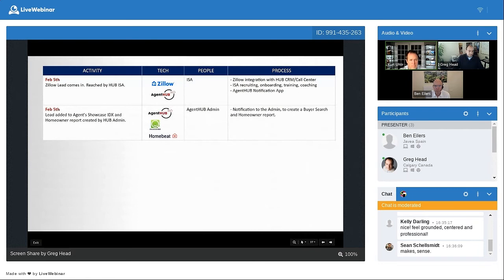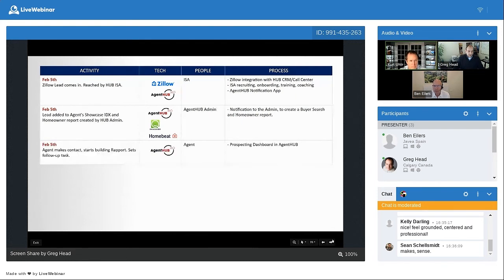Next thing, right after that call, the lead gets added to the Showcase site and a market or a buyer search created for them. And because they're interested in selling, a homeowner report was created. So who did that? It wasn't the ISA, because they got to get on to the next call. It was the hub admin that did that. And what process needed to be involved? Well, they needed to be notified that it's time to create these reports. Okay,